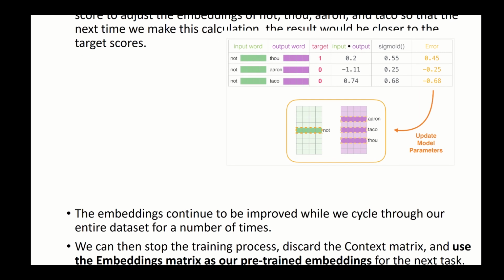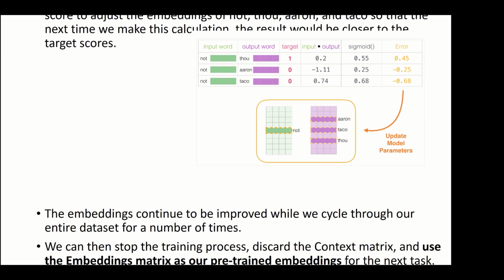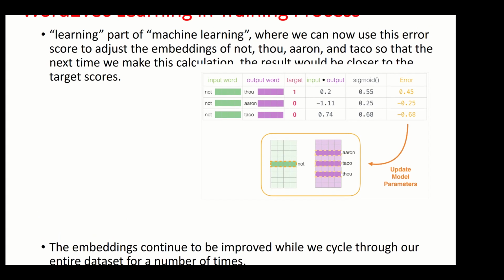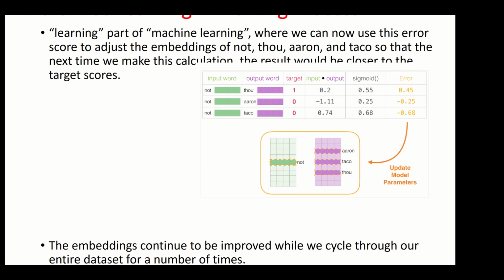So the embedding continues to be improved. This doesn't mean that you are actually getting the right values, but your embeddings will get improved. We can use this error to adjust the embeddings of not, thou, Aaron, and Taco, right? All these errors are taken, and we are updating the embeddings of all those, and the next